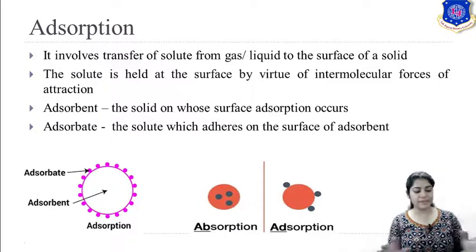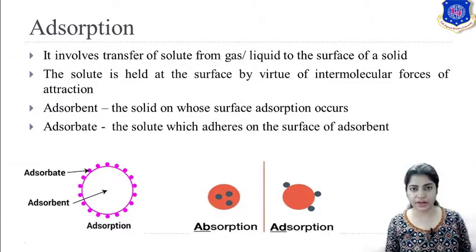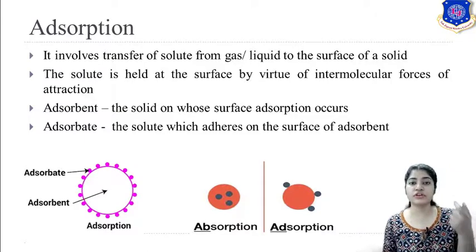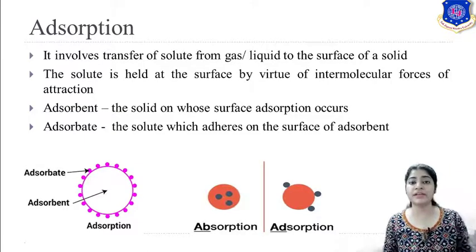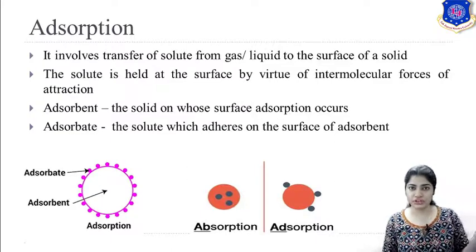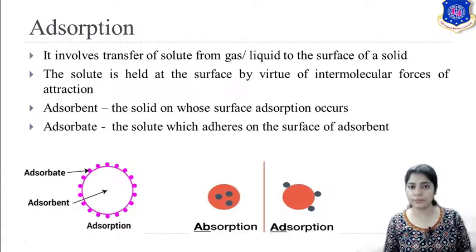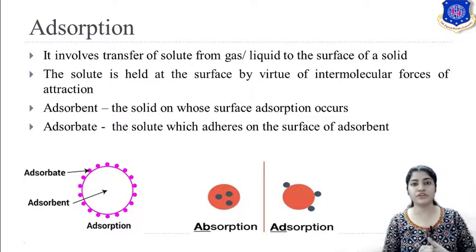For example, you are keeping your silica gel open into a moist environment. So here solute is what? Your solute is water vapor, present in what? Present in your gas. So the moisture will stick to silica gel. Here silica gel is what? It is your adsorbent here. Whereas your water vapor molecules, those are your adsorbate. So this is the process of your adsorption.